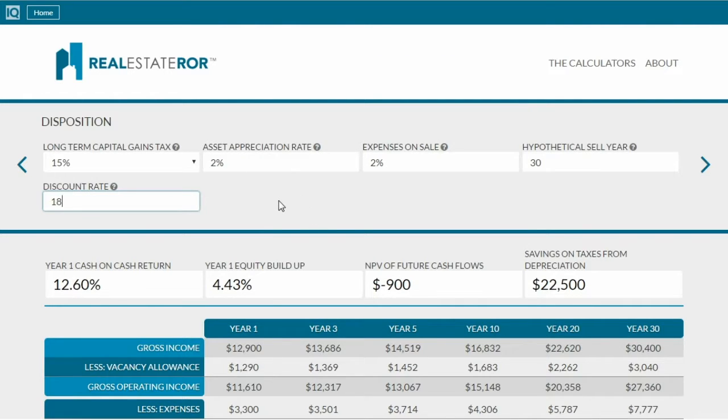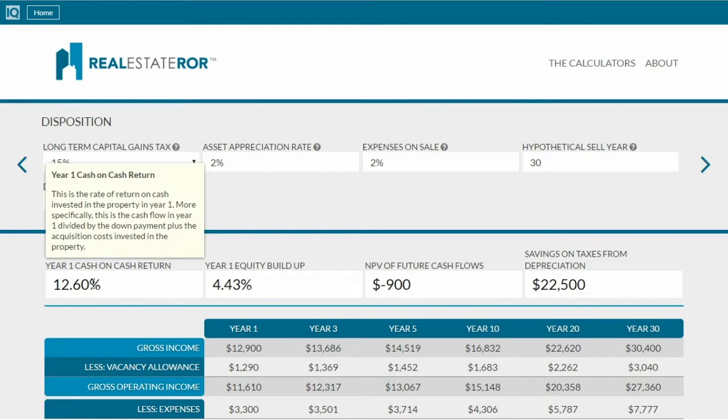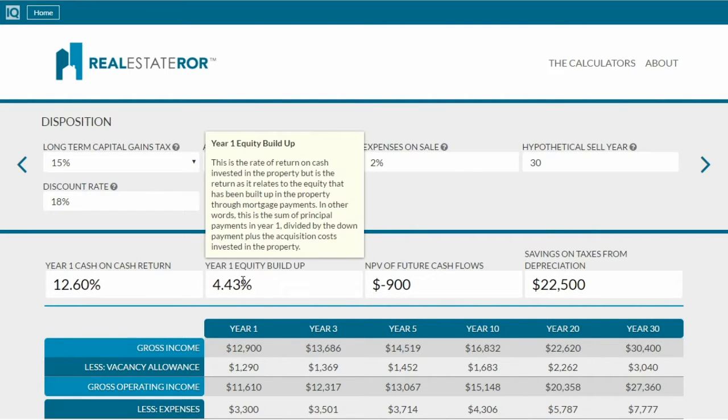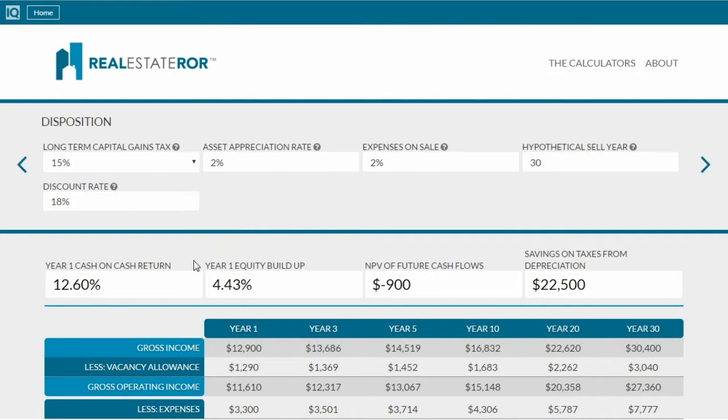The first thing I like to look at is my year one cash on cash return and my year one equity buildup. If the total of those isn't at least over 10%, I don't even look at anything else. For definitions on what these numbers mean, by the way, hover over the numbers and a definition will be provided. And quite honestly, I like to see the sum of these numbers at about 20% for me to move forward